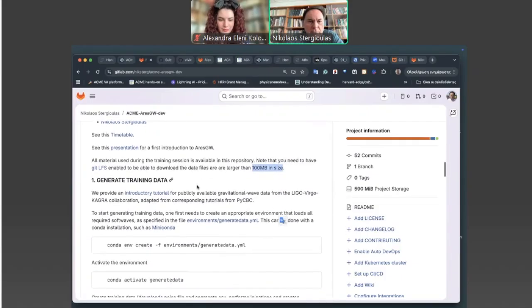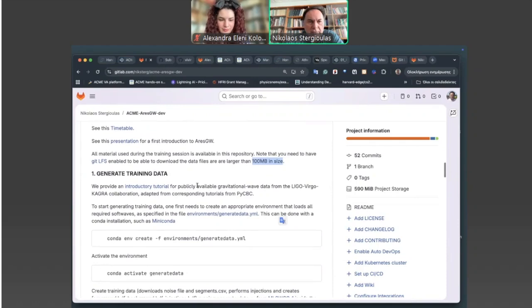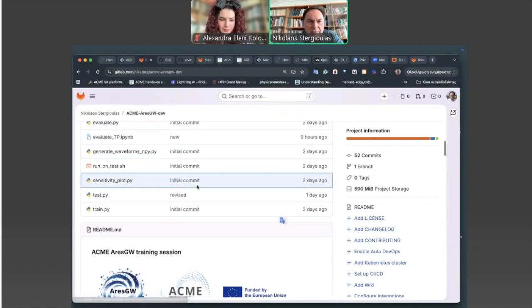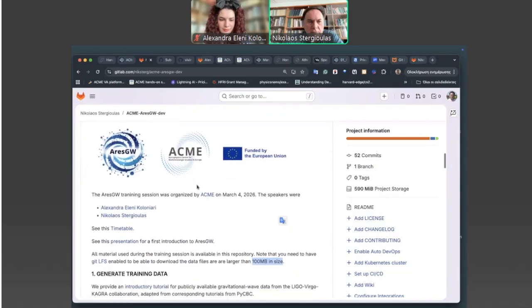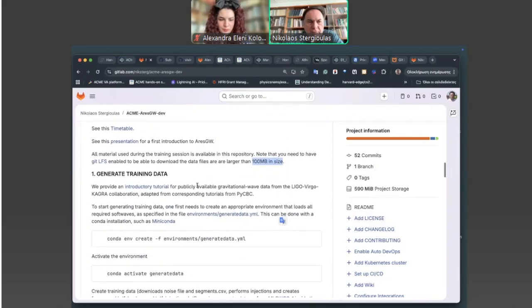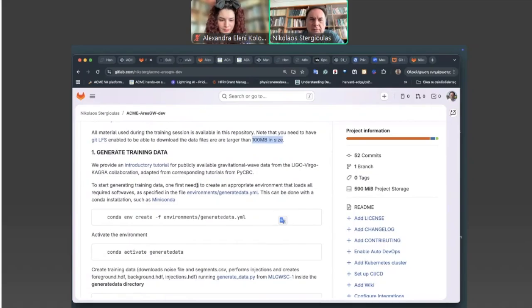All right, so we start with the README file of this repository and go through the steps here. In order to set up, we will use two different Conda environments. One has fewer modules loaded, and it's sufficient to generate the data.